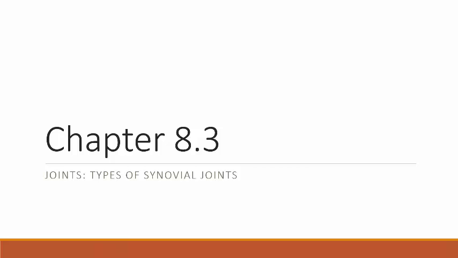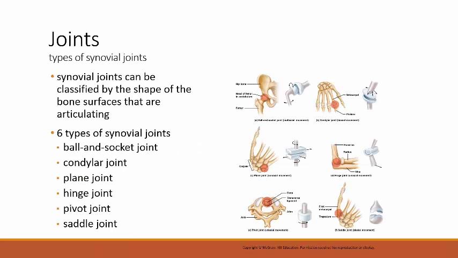In this lecture, we're going to look at the types of synovial joints, and a little bit about how they're constructed so that they can do the movements they do. So, synovial joints are classified within that category of synovial joints, we classify them by the shapes of the bone surfaces that articulate against each other. And there are 6 types of synovial joints in the body: ball and socket, condylar, plane, hinge, pivot, and